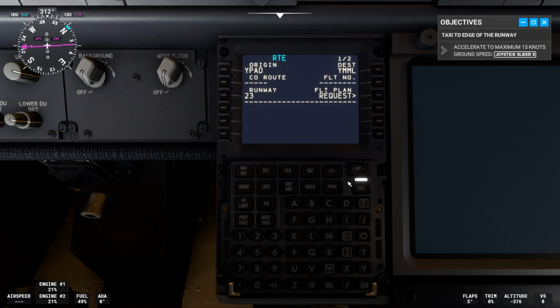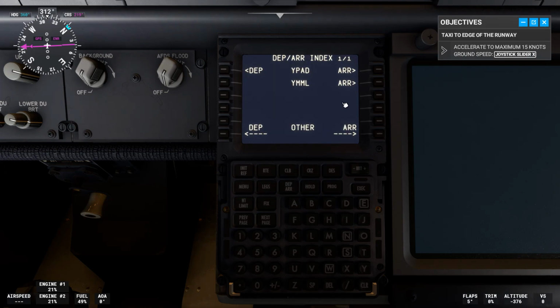And now you see this white light appeared. We had to click execute. It's always important to keep an eye on this white light, because every time you can see a white light you have to click execute, because if you miss a white light situation, it can get quite messy when you take off. Okay, so we punch in the Adelaide information departure, and now we'll be clicking DEP ARR button again